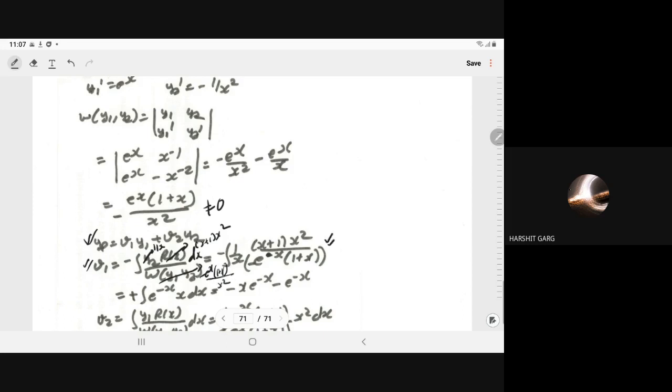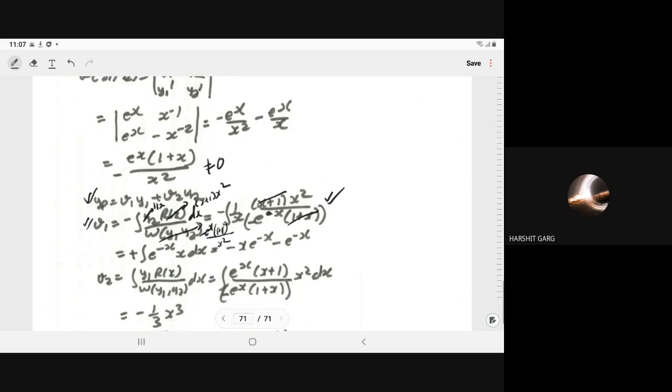So here you put all the values. The 1/x cancels out. So here we have the integral,